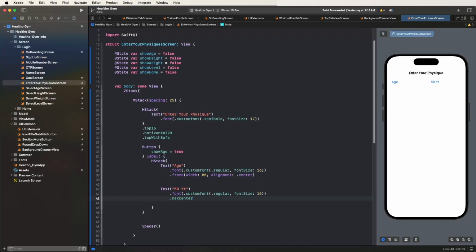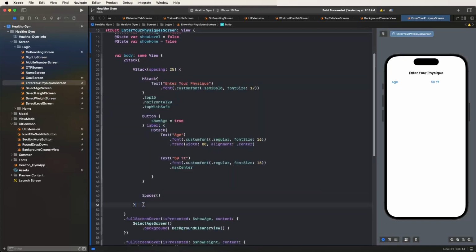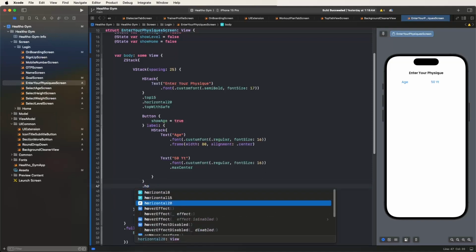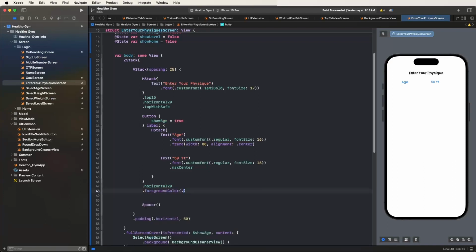First of all need to set this here. First we need to set here the padding for this stack. Go here and set here the padding horizontal, and we need to set here the 50, like this configures. Now need to decorate this here the UI. First of all need to give this here the horizontal 20, then after need to set here the background color, primary text,